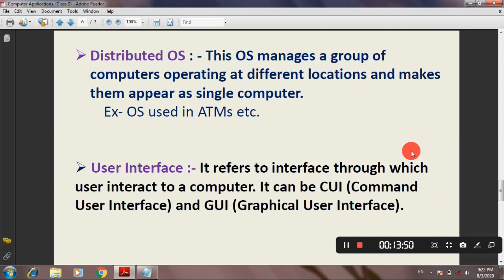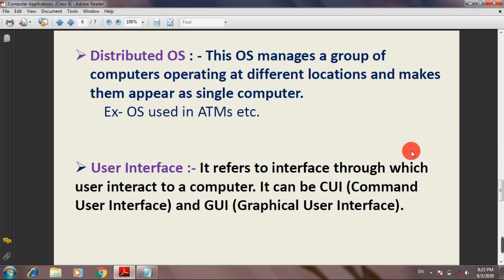Next is distributed operating system. Such type of operating systems are used to manage a group of independent computers and make them appear to be a single computer. It means the files of this operating system are distributed at several locations, but the user cannot find out anything like this.